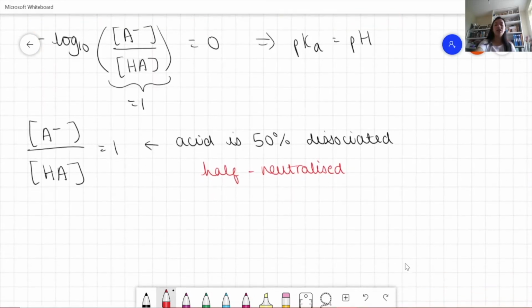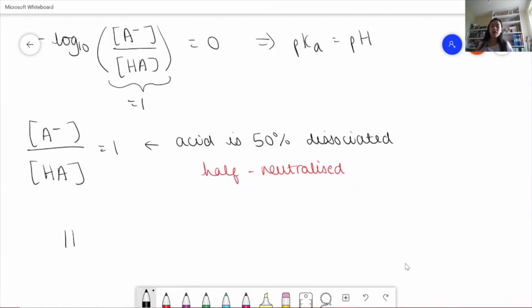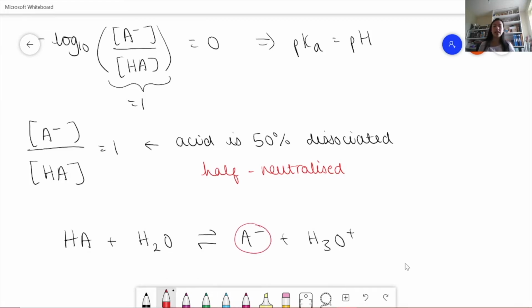So if we look back to the equation of HA plus H2O goes to form this A minus and the H3O plus ion, if we've got the same concentration of this A minus and this HA, that means that the equilibrium has gone halfway